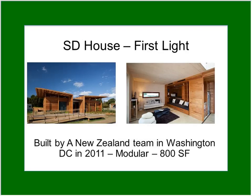This one was a New Zealand house that was shown in Washington in 2011. I actually had an opportunity to see this house. It was 800 square feet, a very interesting house. It was typical of houses that you might see in New Zealand. The space was used really great. One of the interesting features